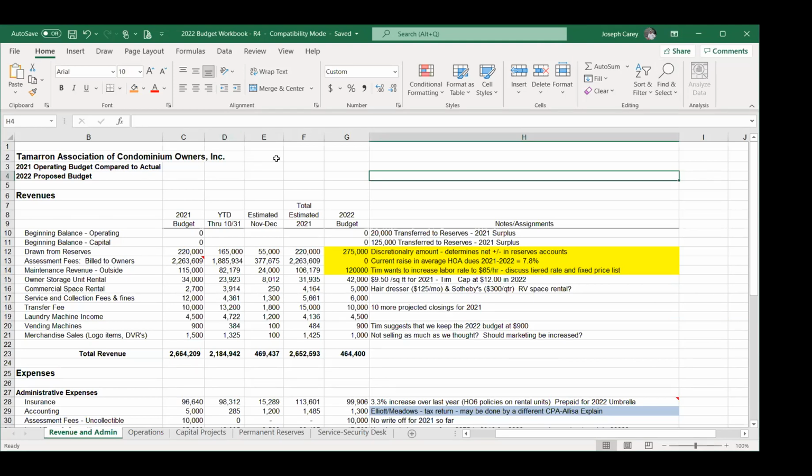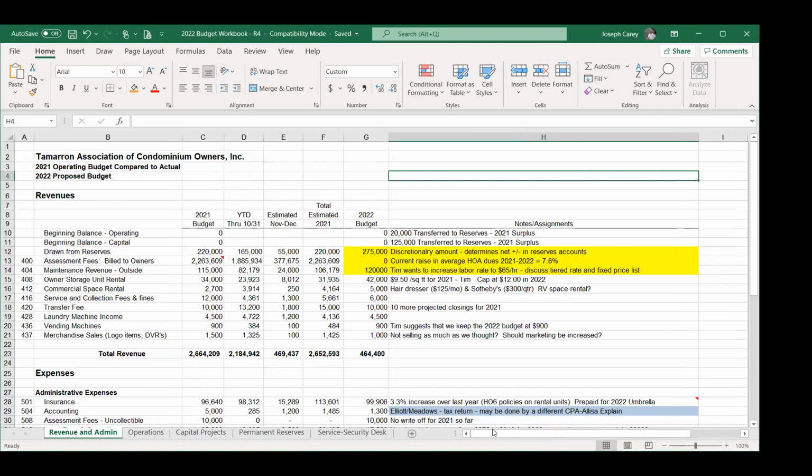Okay, what you're looking at, everyone, is the Excel workbook that we use to develop our budget year over year, same one we've been using for years. I'll go over the format of it, since there's a lot of numbers on here, so you get a feel for what's going on. The first column,